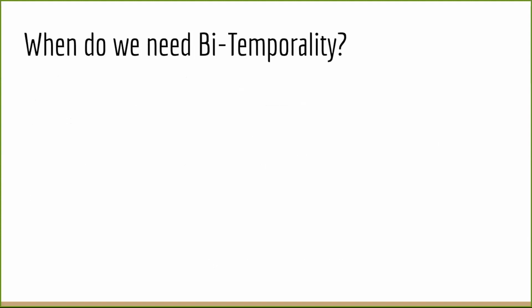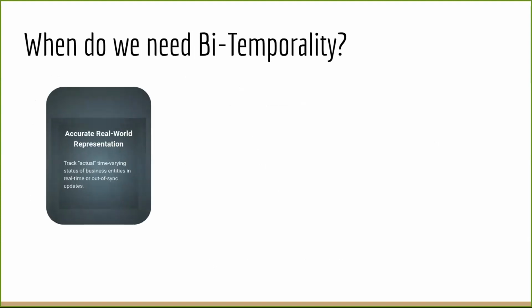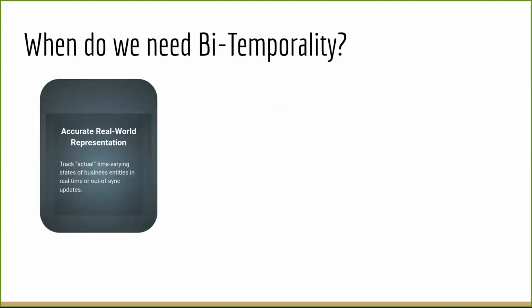Bitemporal systems can be primarily used in a lot of situations where historical records of data are important, but I will just go through a couple of instances. So for one thing, we can build very accurate real-world representations of our business data, wherein the business entries can be made completely out of sync with the actual time of entry. So the business effective date differs from the transaction time, and we can keep a very clear track of this.